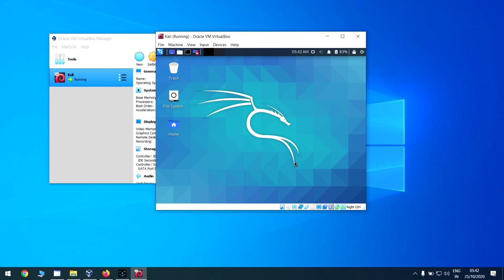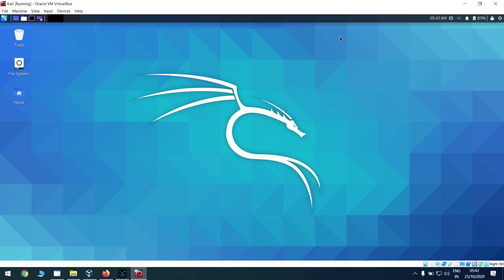Yes, the wallpaper is set up and it's still blinking. Yes, and it's in full screen. So if you want to enjoy your Kali Linux completely, my Kali Linux installation is complete.